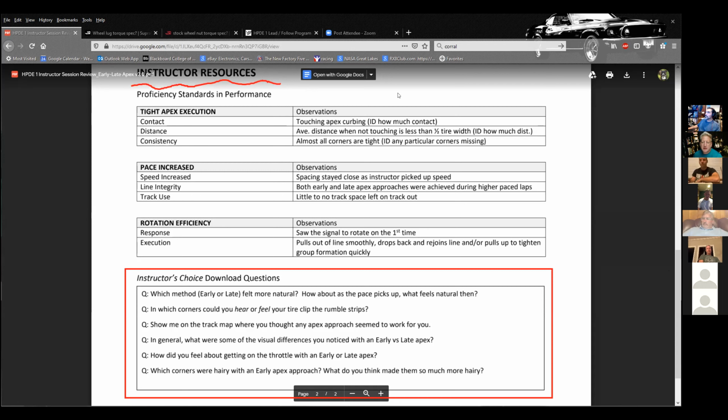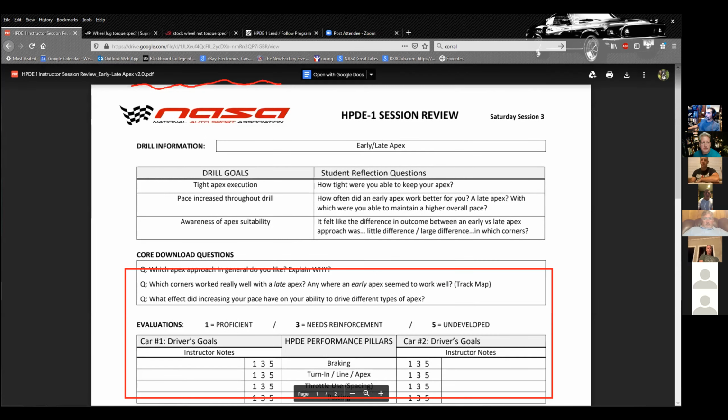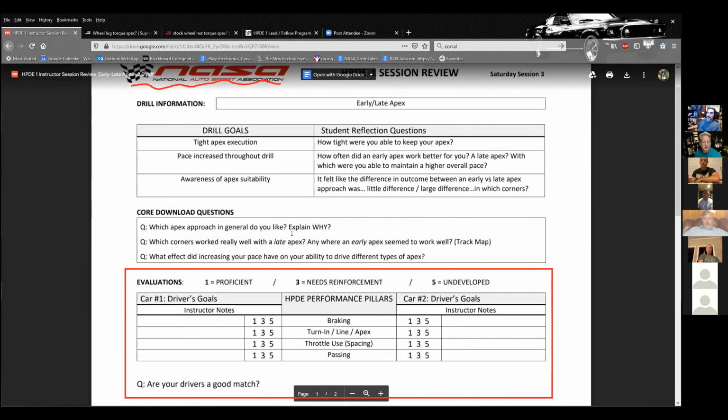I'm going to pop back up. We're going to come back to side 2 in a second, but I wanted to take a look at side 1 again. We know what's at the top: drill information and where the student's head's at. We know that we have core download, so that's after our driving. In the middle here, we've got